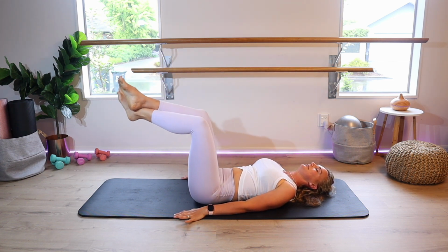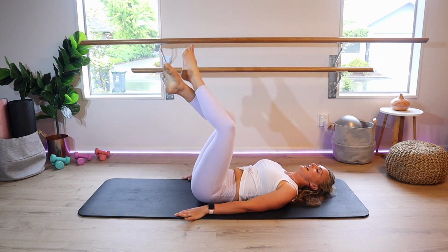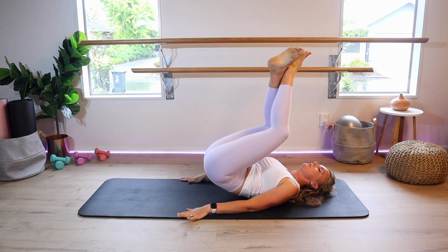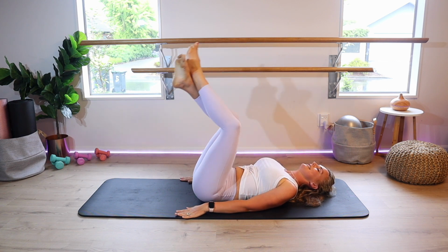Let's do one more here. Roll it up, roll it down. Let's switch ankles. So here we've got the knees out to the side. So it's trying to help with stopping with that momentum. So it's all from the lower abs. That's it. Let's go for 3,